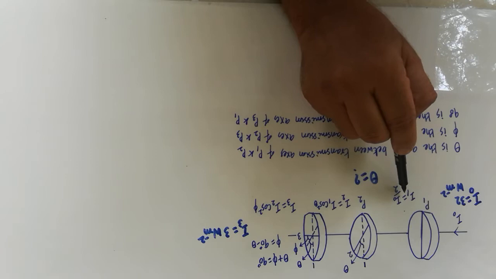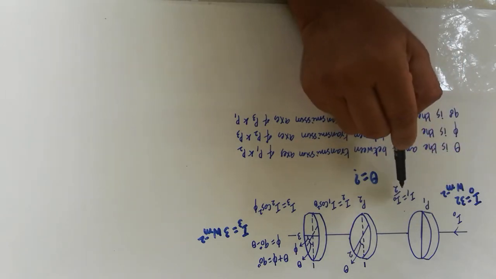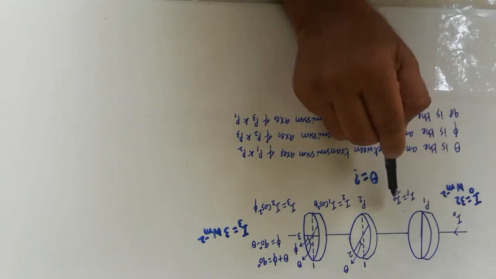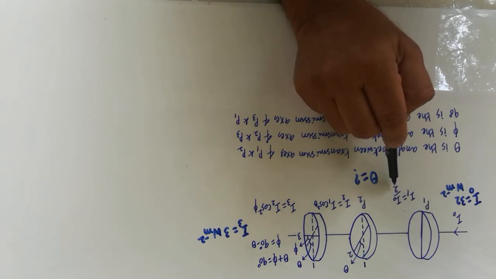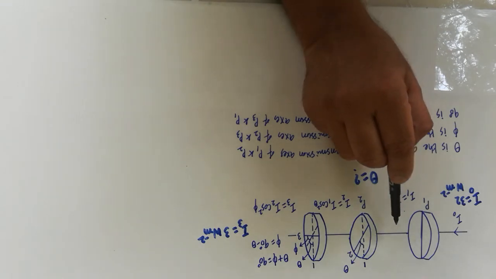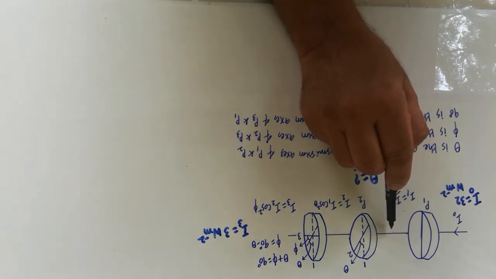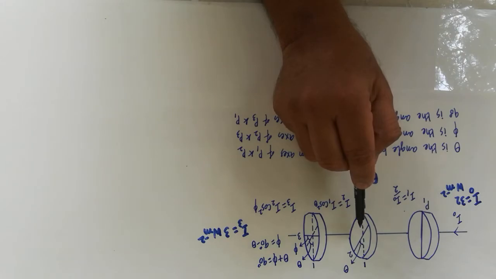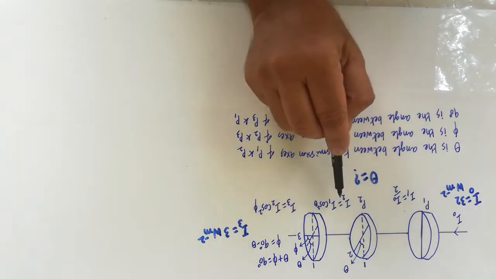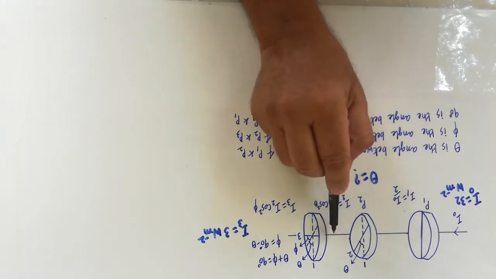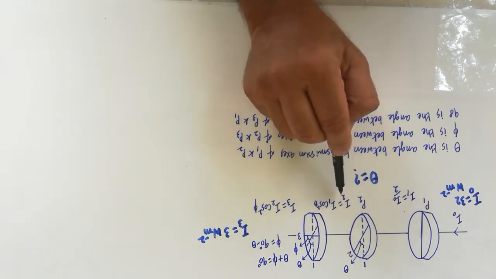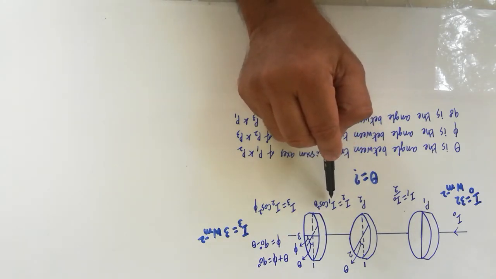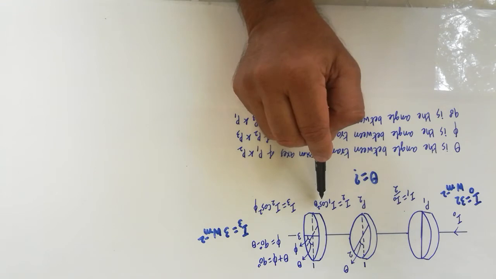Therefore, the outcoming light's intensity can be called I1. Its intensity will be equal to I0 by 2. That is, the initial intensity is reduced by half. After the light of intensity I1 is made to incident on the second Polaroid, as per Malus law, the intensity of the outcoming light from Polaroid 2, I2, will be equal to I1 times cos square theta. This is the formula obtained from Malus law.